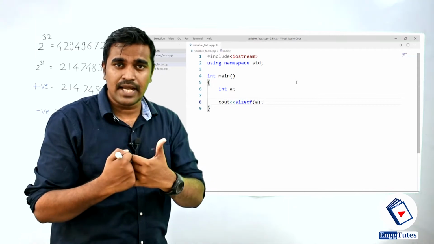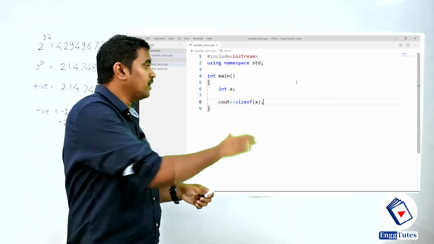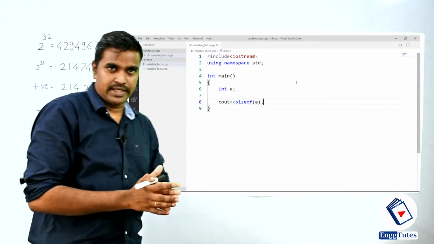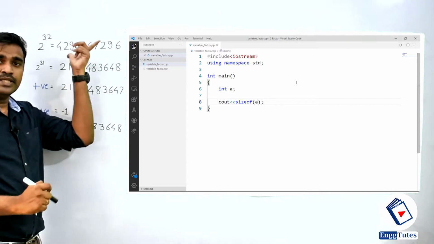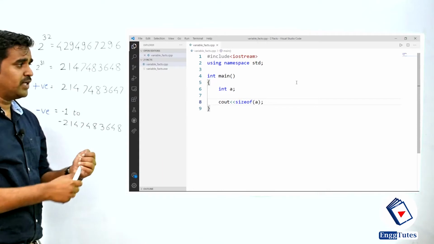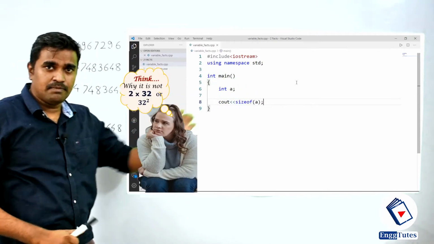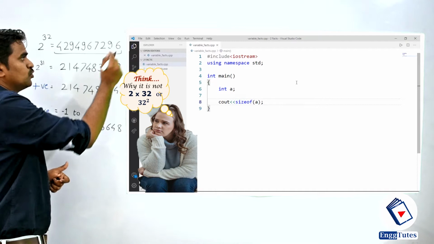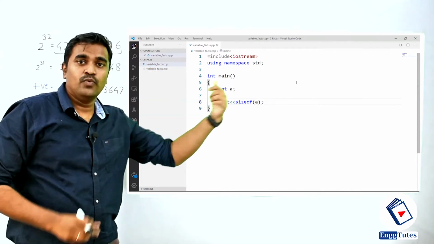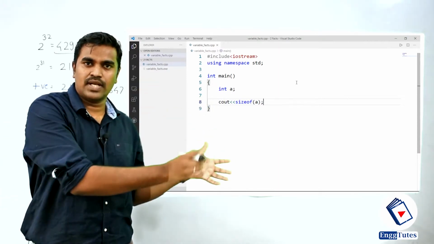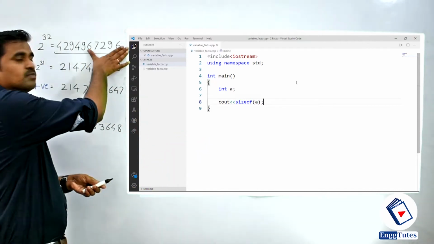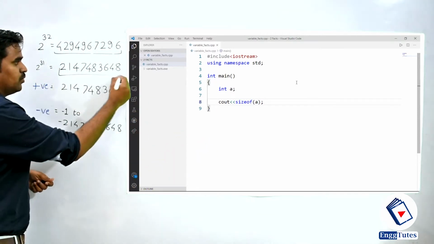But my concern is what is the maximum number that I can store in this variable a? Okay, so let's calculate that. 32 bits of memory, that is nothing but 2 to the power 32 memory is allocated for this particular variable a. That's nothing but I got this particular range. So this much of numbers I can store in this variable a, which includes positive numbers, negative numbers as well as 0. So there are equal positive numbers and negative numbers, so I divide this particular range by 2 and I got this particular number.